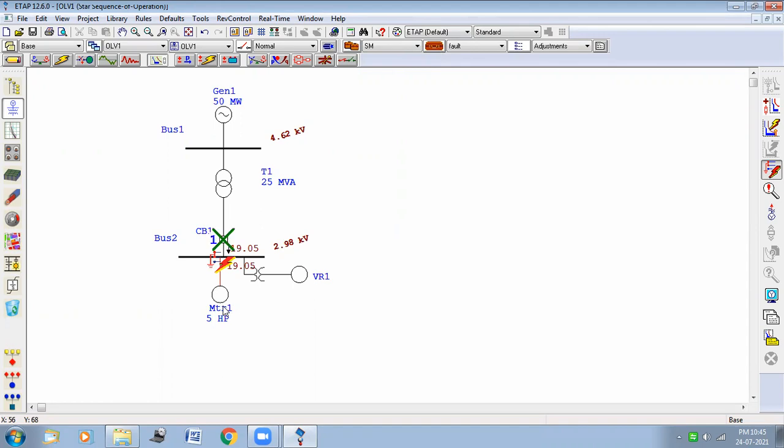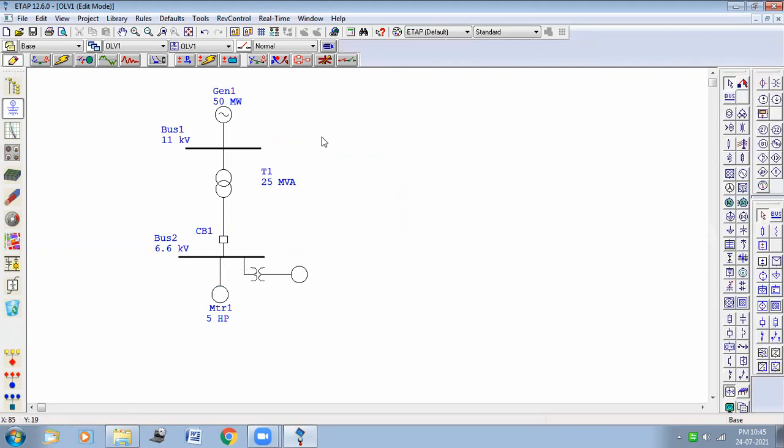This under voltage protection is generally used for voltage control operation and reactive power control operation, because voltage is very important for reactive power operation. So that's all for this experiment. I'm ending the simulation portion for under voltage now, and you will see the under voltage relay protection hardware lab video after this video.